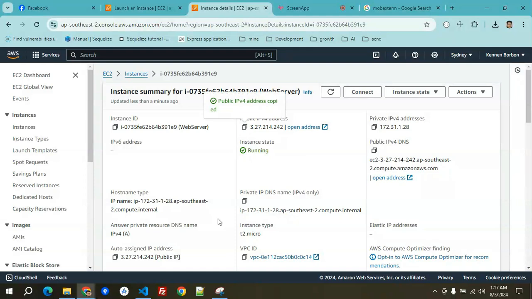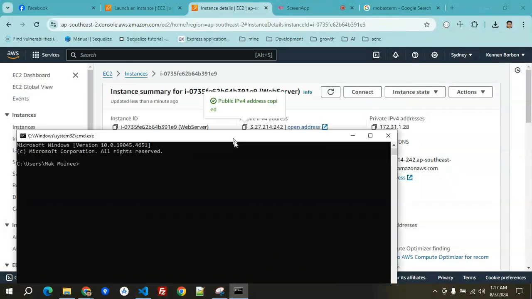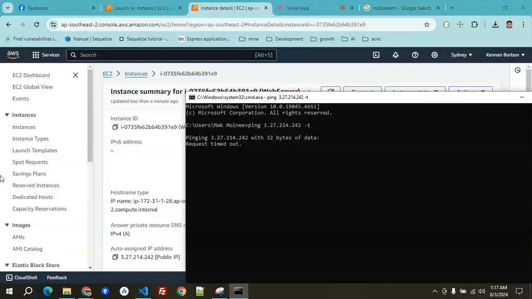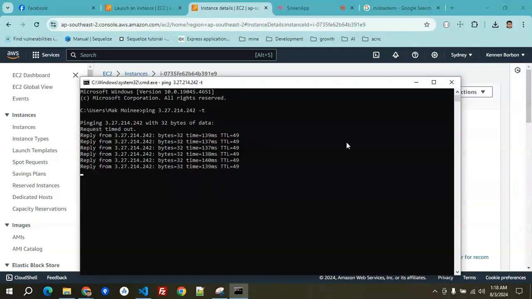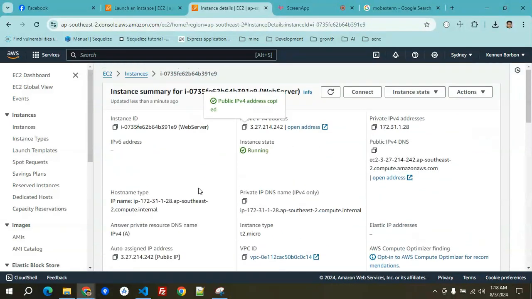We're going to copy that, and let's try pinging our IP with dash t. Okay, now we're able to ping it. So basically, it works.